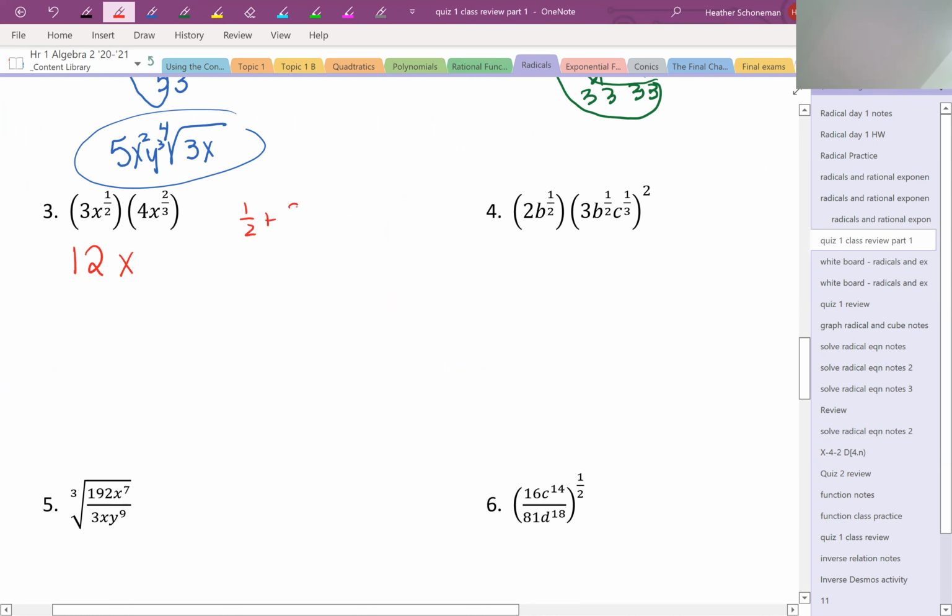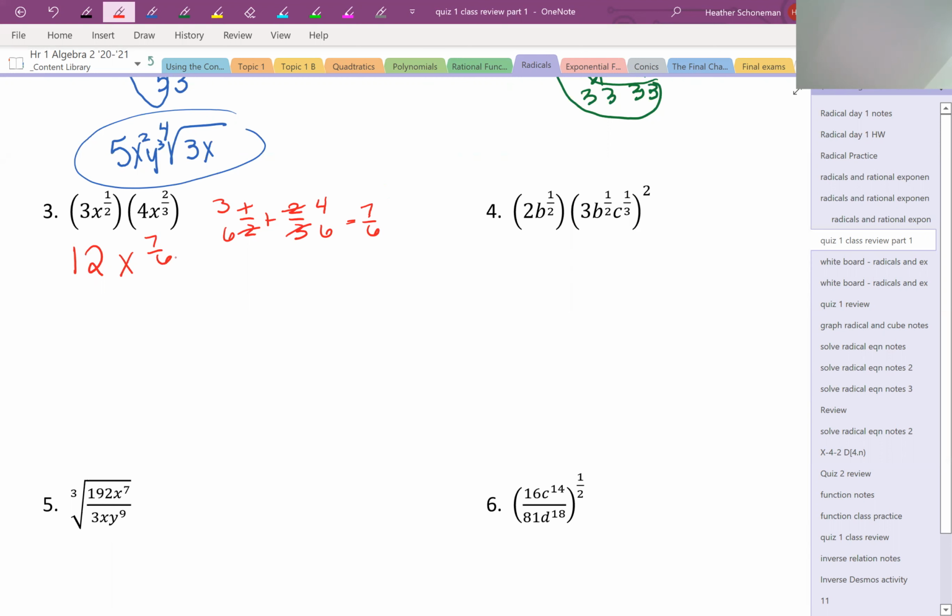So I have 1/2 plus 2/3. I need common denominators, so that would be 6. Multiply this one by 2, so we get 4. So all together we get 7/6. Now remember, the 12, we don't need to change because its exponent's an invisible positive 1. But the x we need to rewrite because we can't have a fractional exponent. So I get the 12, the x goes underneath, the 6 goes on the shelf, and the 7 is my